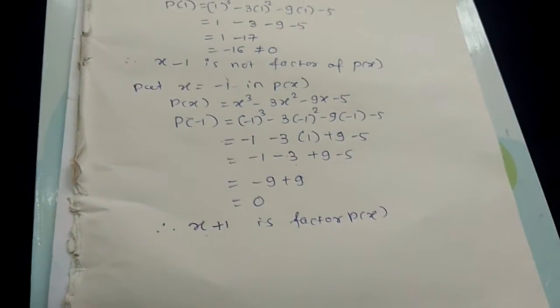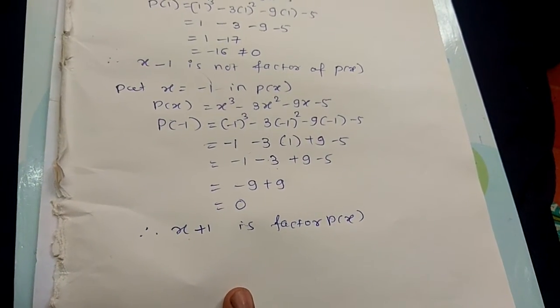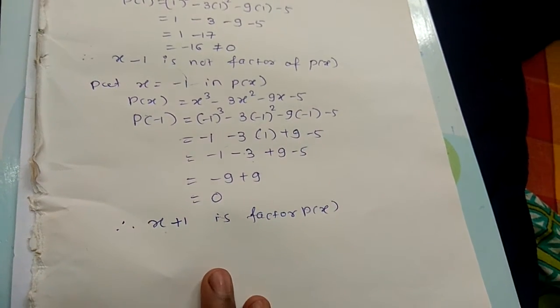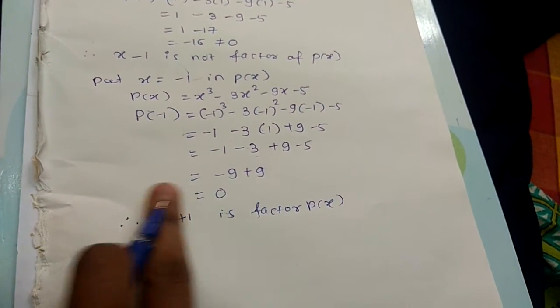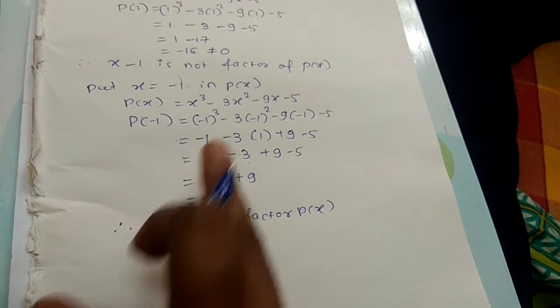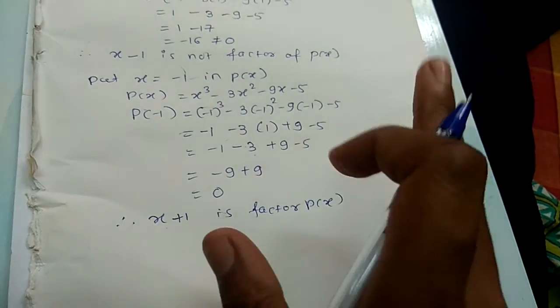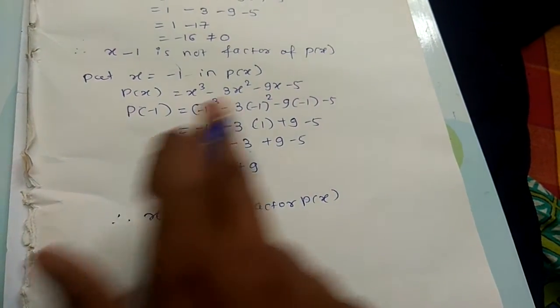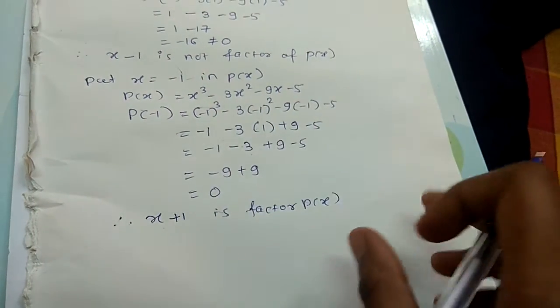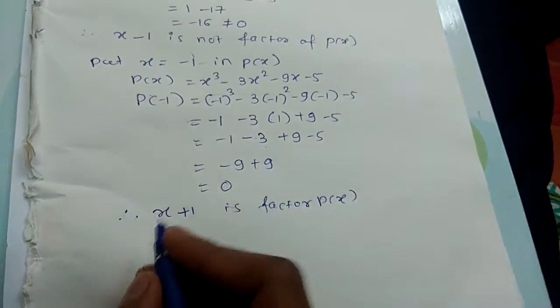As I told you, only one factor you have to calculate by factor theorem, and for calculating the other factors you have to use the division method. As we know, x plus 1 is a factor of p of x, so it will divide this polynomial completely, and after division we'll get a quotient. Then that quotient and this divisor are the factors. So we got one factor. As it is a cubic polynomial, we should get a total of 3 factors. So one factor we got, and from the quotient we'll get 2 more factors. So let us divide.